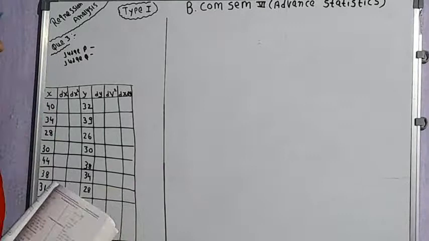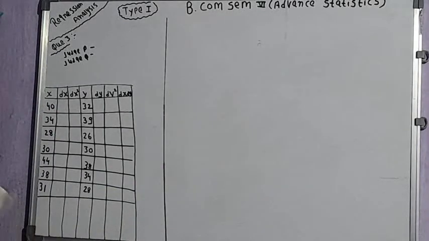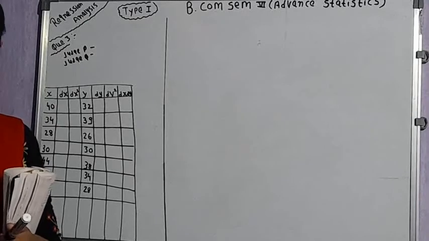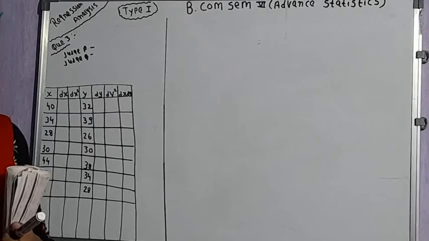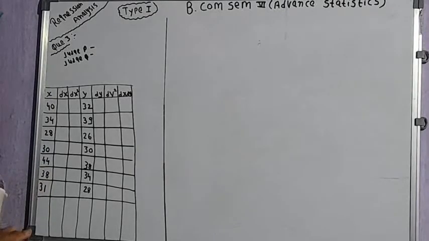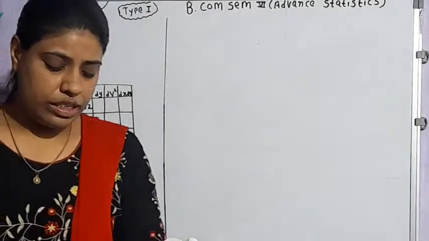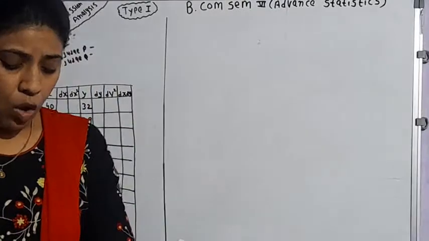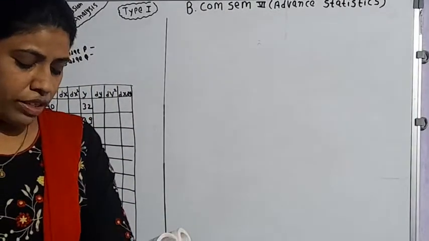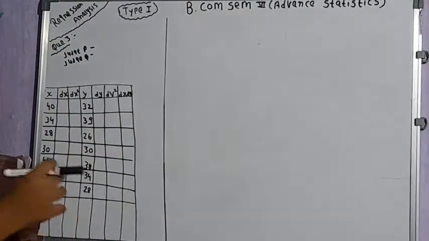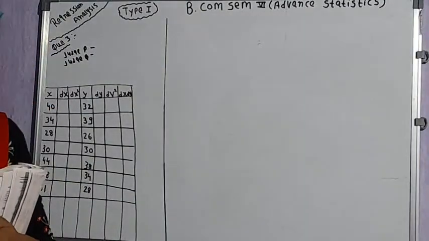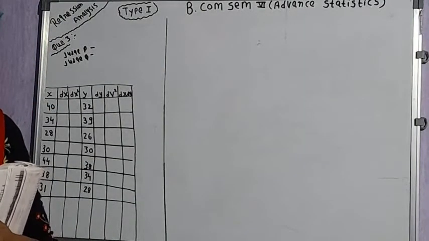So Judge P has given 36 marks to the 8th debater. Okay, so what has been asked in the question? In the question it is being asked, if Judge Q were also present, how many marks would you expect to have been awarded by him to the 8th debater? So to us it has been asked, if Judge Q would have been present there, how much marks he would have awarded to the 8th debater.